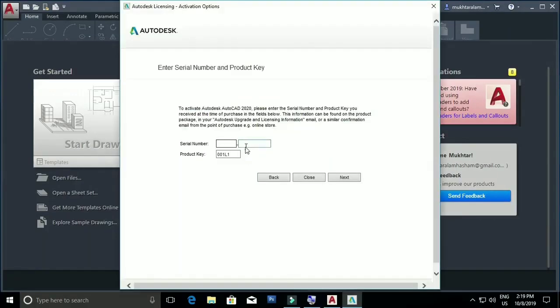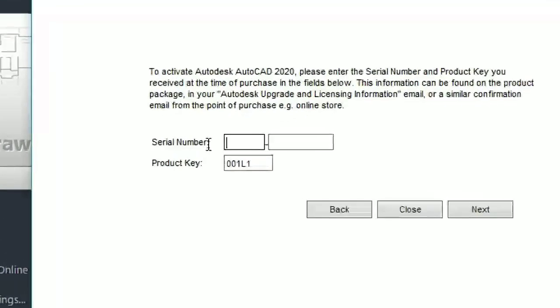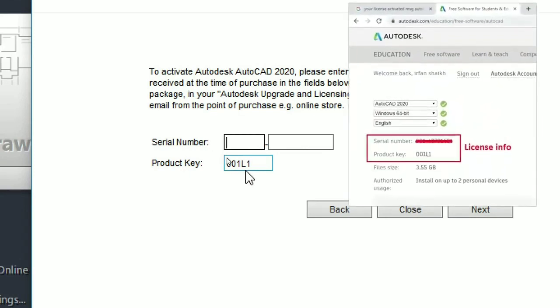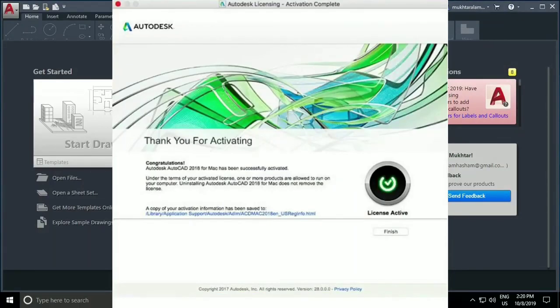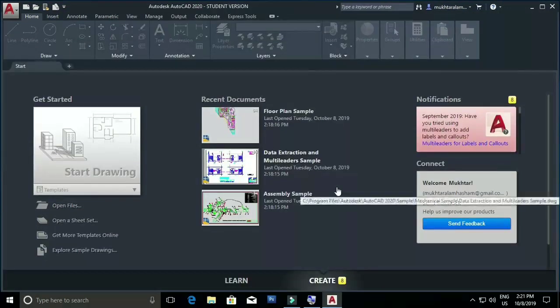After you can see that here you can find box for serial number. You have to put the serial number which you get while downloading your software. Now after clicking next, you can find that the activation is completed. Now you can click on finish. In this process, while you are activating your AutoCAD, you must have internet connection in your laptop, otherwise it will not be possible to activate your AutoCAD system. Now you can see that my AutoCAD is ready for use.